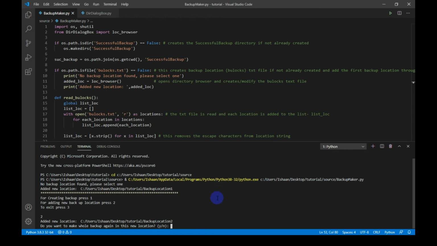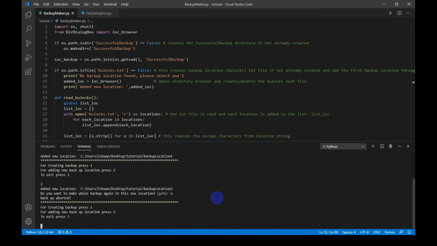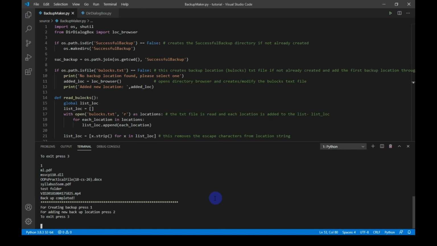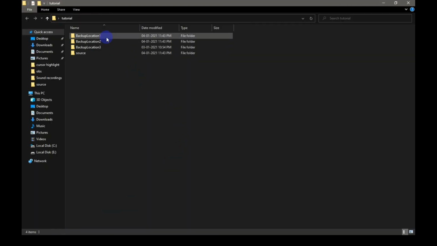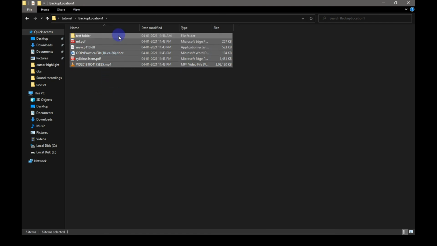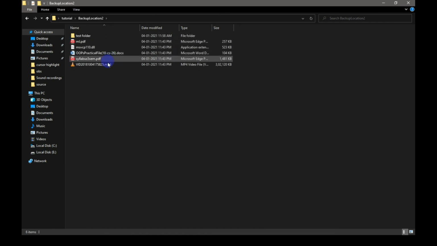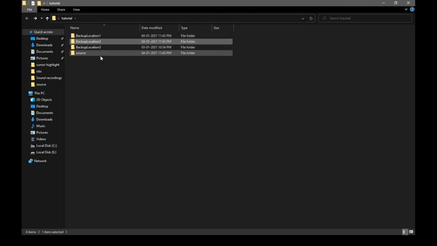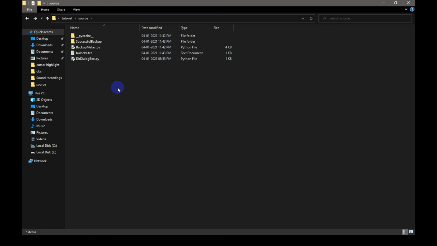I will type N and then I will create the backup. It says the backup was successfully created. Now let's check. Backup location 1 contains the file. Backup location 2 also contains the file. And the files present in the source directory have moved to the successful backup folder.